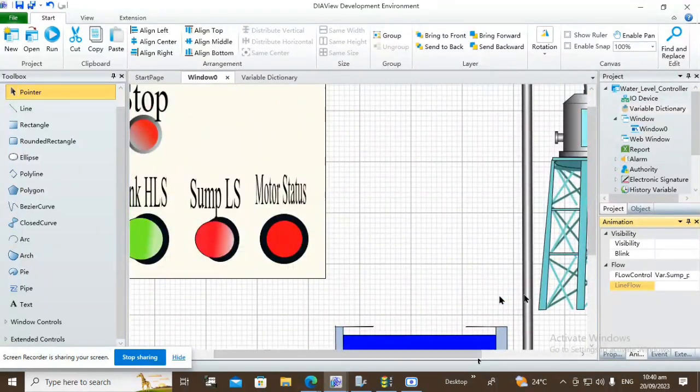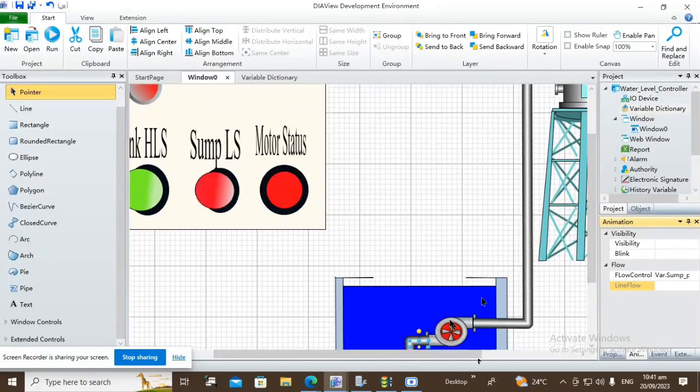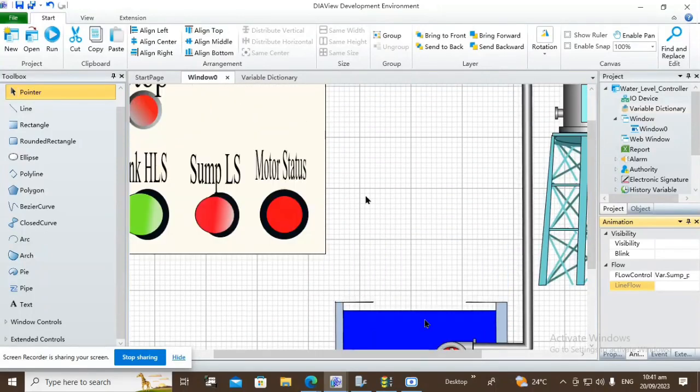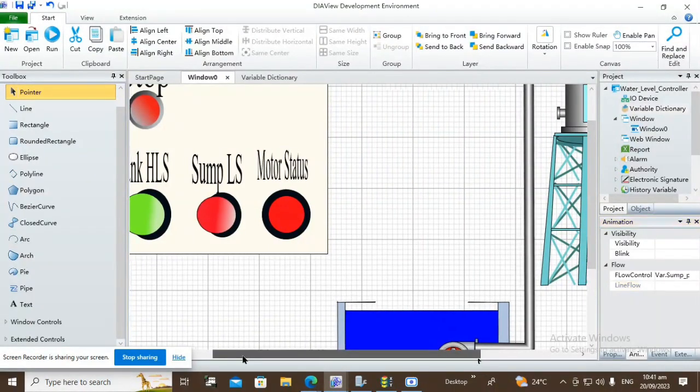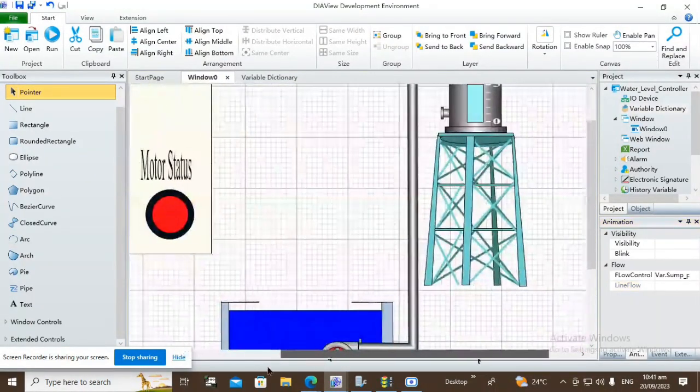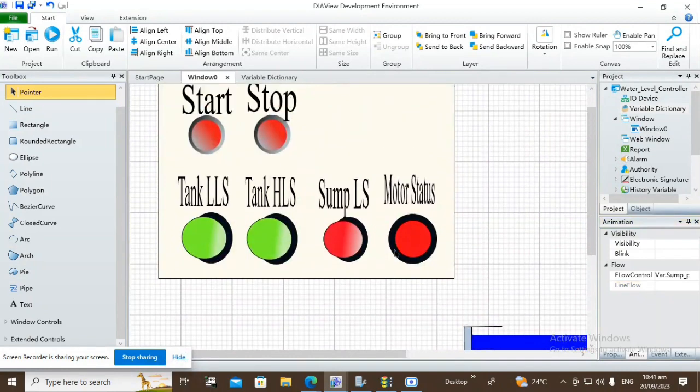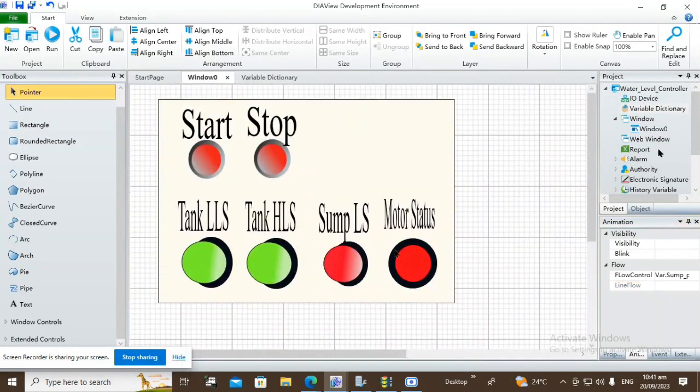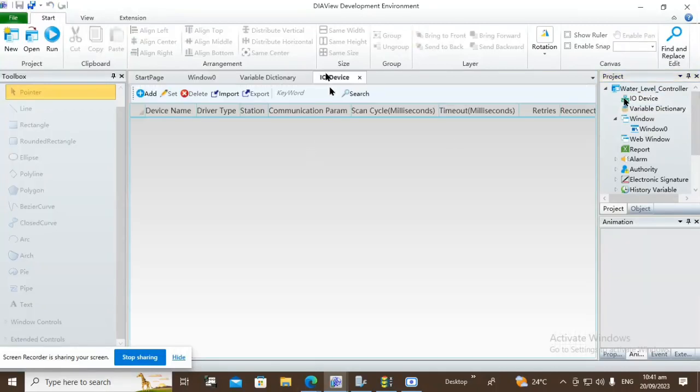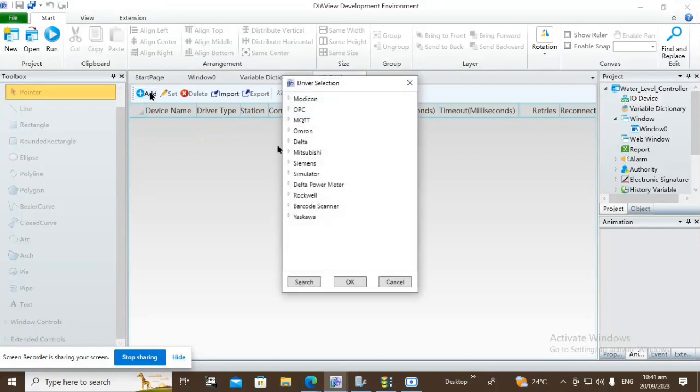This is how we have to link. So now the linking of variables with the SCADA screen objects is done. Now we have to link these variables to the physical PLC controller, right? For that we need to take up an IO device. So here we are adding whatever PLC we are using, that should be selected here. Click on the IO device, you click on add. We have got